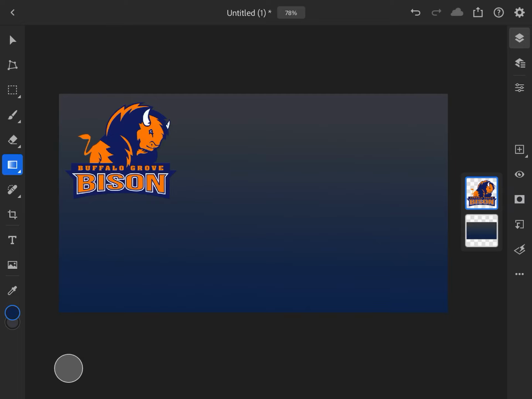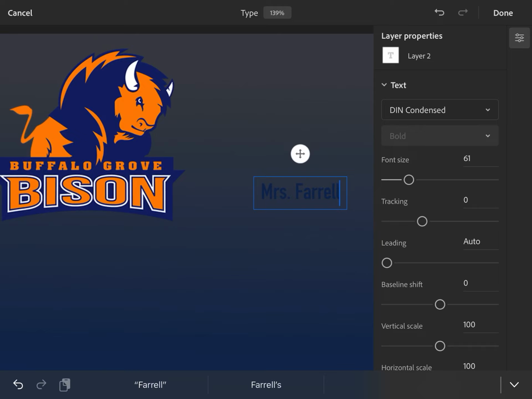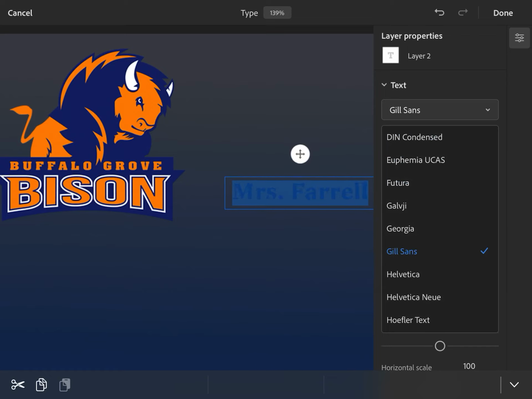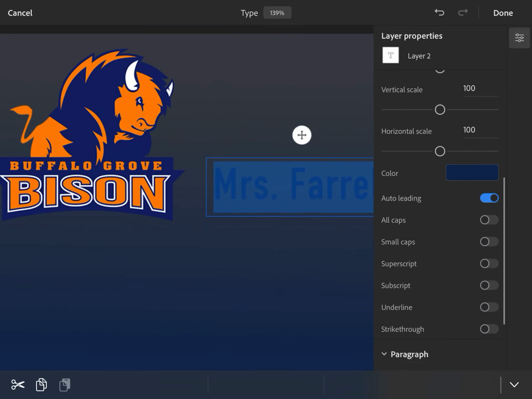To add text, look for your capital T or your type tool. Tap on your screen and type in your text. You don't need to have text, but if you would like to add that as one of your layers, this is an option. When we look at our text and our layer properties, the first option that we have, and I'm going to tap in here to select my text, I can go through and change the font. I can also change the font size. Your tracking is your spacing in between each letter. Leading only applies if you have 2 or more lines of text, but I want to drop down to my